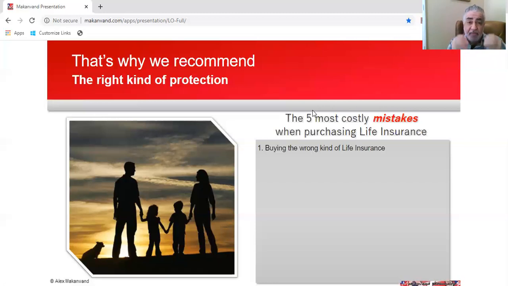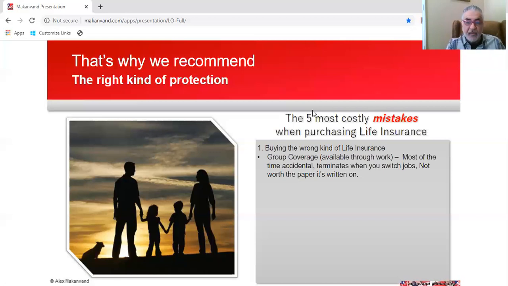Now, there are 5 major mistakes that people make. They buy the wrong kind of life insurance. We kind of covered that a little bit. They use life insurance as an investment. If you listen to any financial expert, any financial guru, they tell you never, never, never use life insurance as an investment. And I'm here to tell you that if you deal with most insurance agents from almost any company, they're going to try to get you to purchase a life insurance policy that has insurance and investments built in. And of course, they're not going to tell you about all the traps and all the pitfalls.